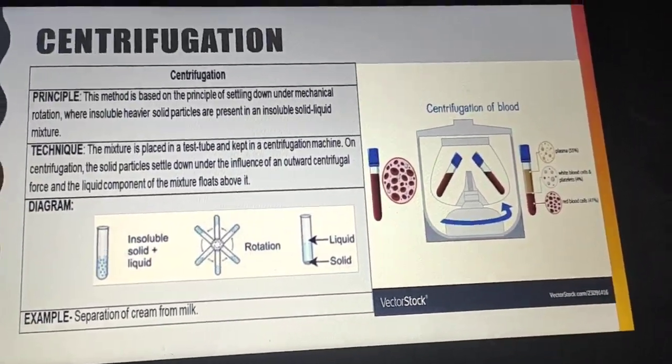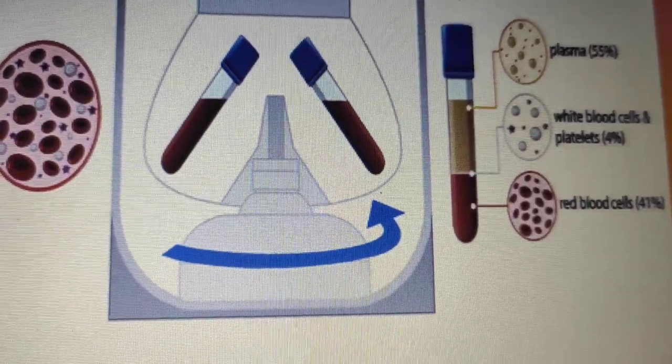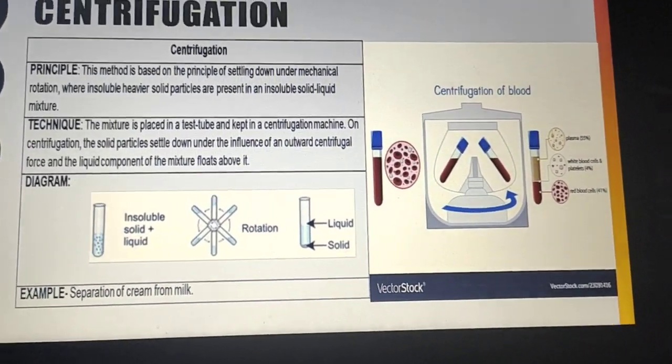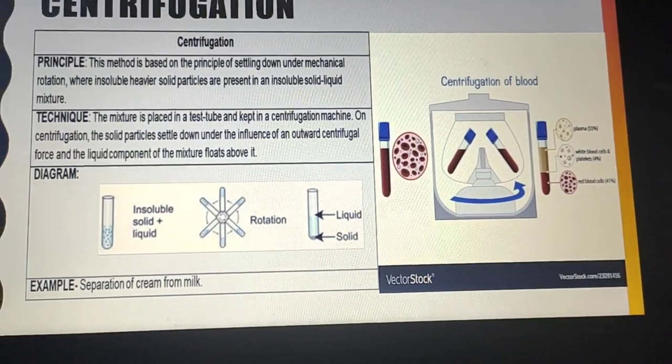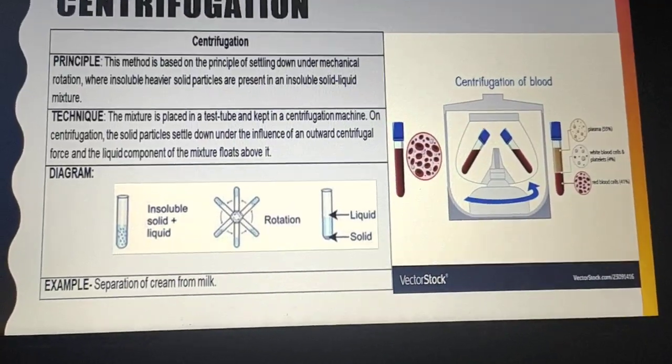Okay, and you can see one white line there, that is known to be the white blood cell. This also gets separated, depending upon the density concept. So the density of the red blood cell is more as compared to white blood cell and as compared to plasma. The plasma is not heavier as compared to this, so it is present at the upward side.